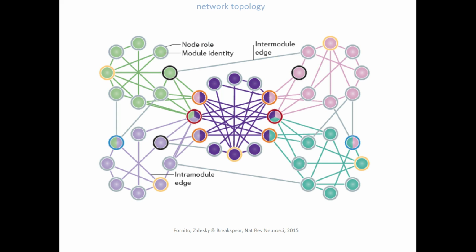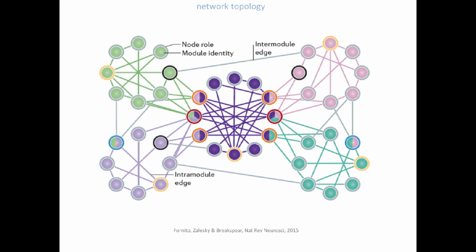And this is a kind of very coarse summary of all of that work, but the basic idea is that the brain can be divided into subsets of nodes that are called modules. These modules are strongly interconnected with each other, so we presume that they serve some kind of common function. So you could think of this as some kind of functional subsystem, like the motor system or the visual system. And each of these modules has one or more hubs, so highly connected nodes, and these hubs are strongly interconnected